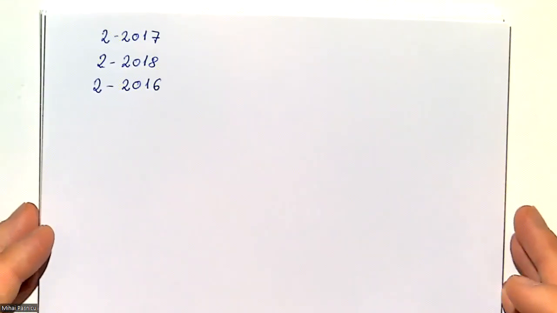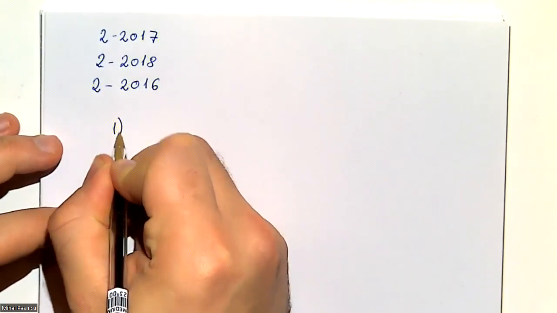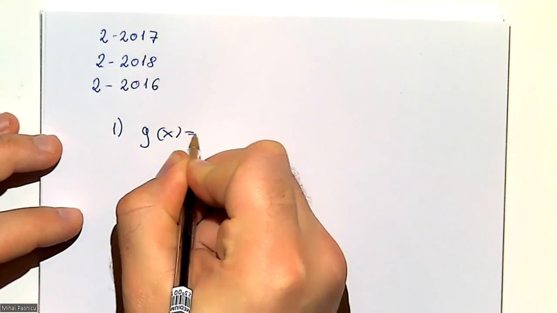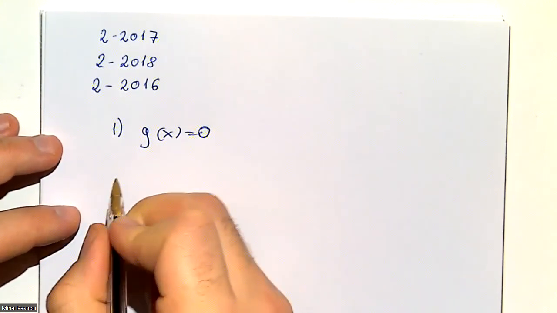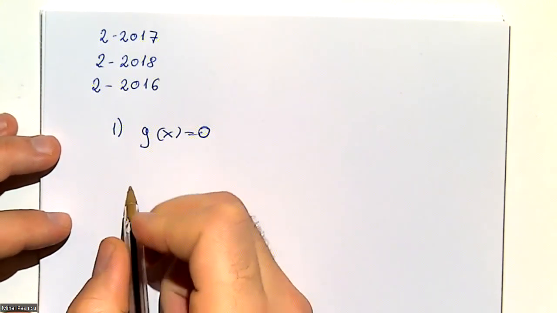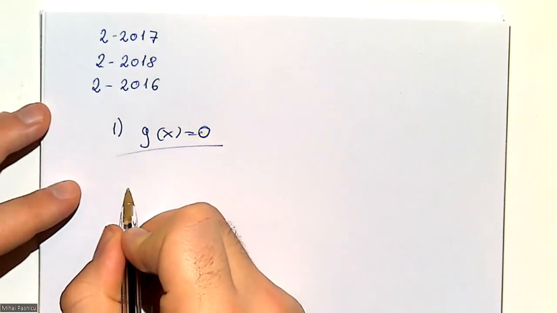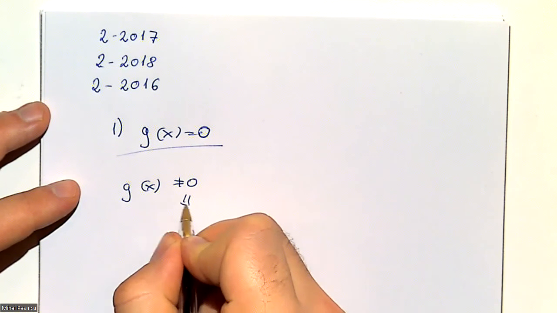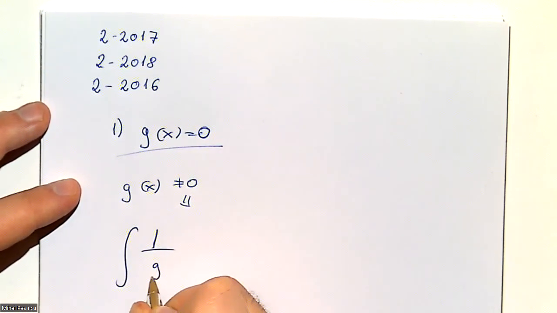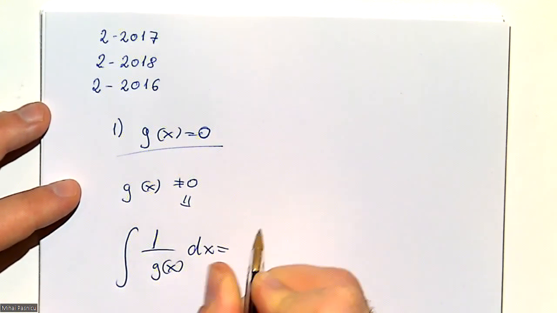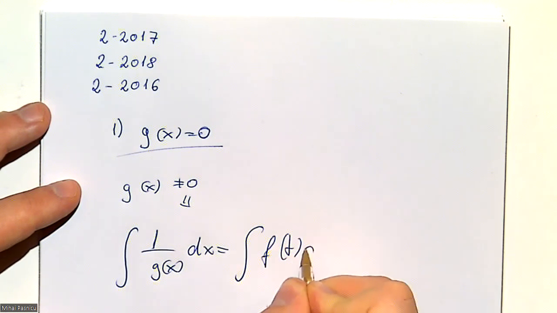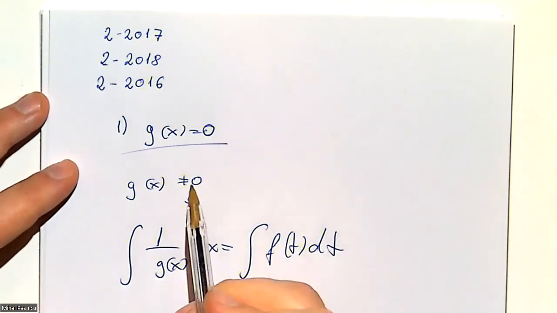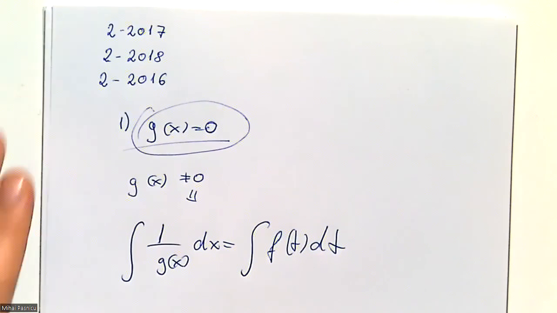But first, just so we're clear about it, the first time you are always checking g of x is equal to 0. And then, because you've checked this case, you can check the case of g of x is not equal to 0, in which you do the whole integral of 1 over g of x dx equals integral f of t dt. It's really important to check these solutions because,